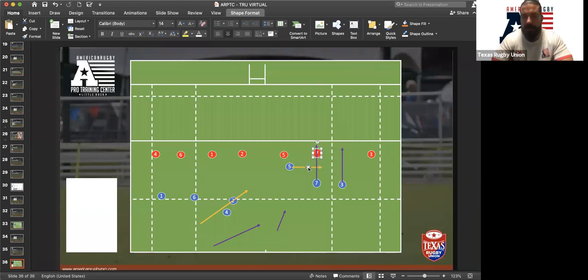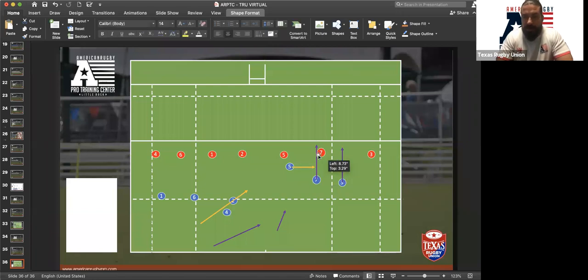So if they go to this player here, then the ball simply goes across the face of the red 7 and hits the 3 through this gap. And similarly, if the 7 chooses to go to this wide player, then it's just a short pop pass to that 7 who flies through this gap. This is very, very basic, but very hard to execute, because first of all, the 5 has got to watch the 7 and make sure that they're making the right decision. But then also they've got to be able to disguise the pass.